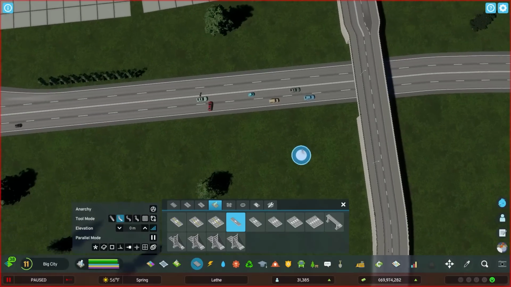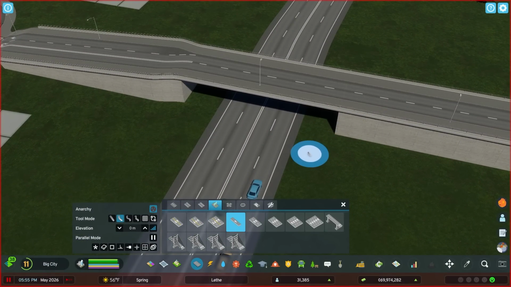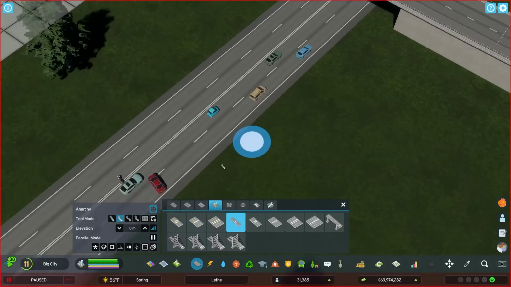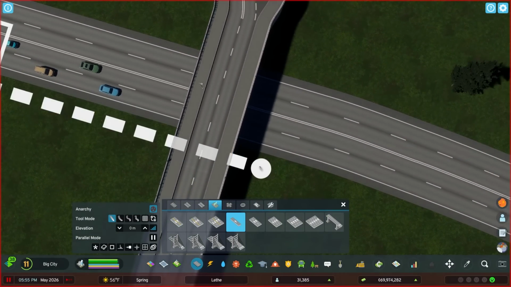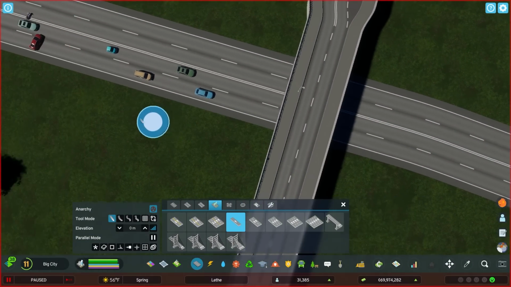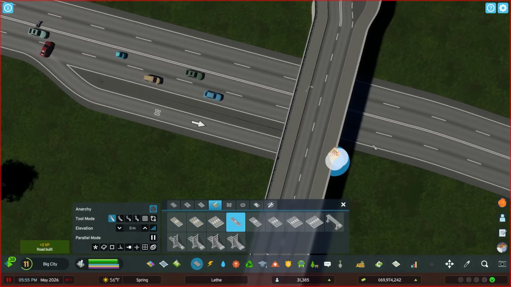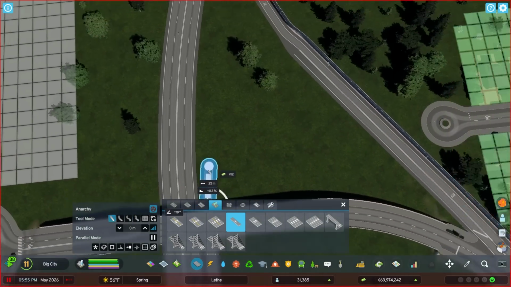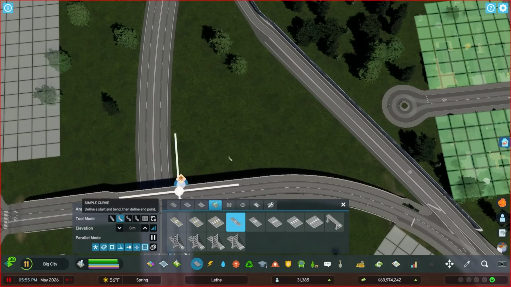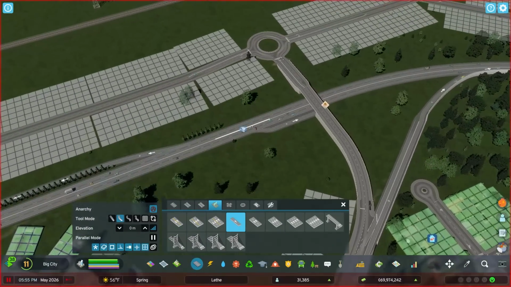I'm half tempted just to turn on anarchy for this, because I know that this road can fit under here. It's just a matter of letting the game know that I know that it can do that. So here's what we're going to do. Come from here, straight on through. It goes past, underneath that bridge just fine, so there's no reason that wouldn't work. And then what I want to do is I want to...